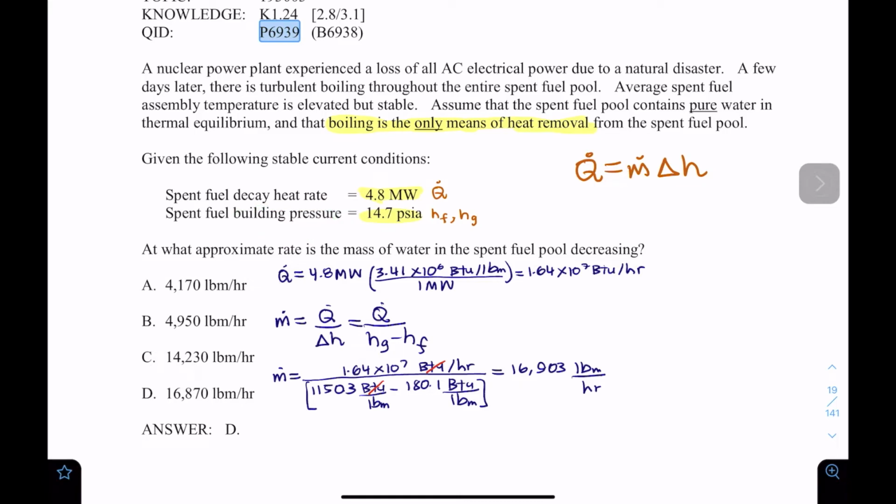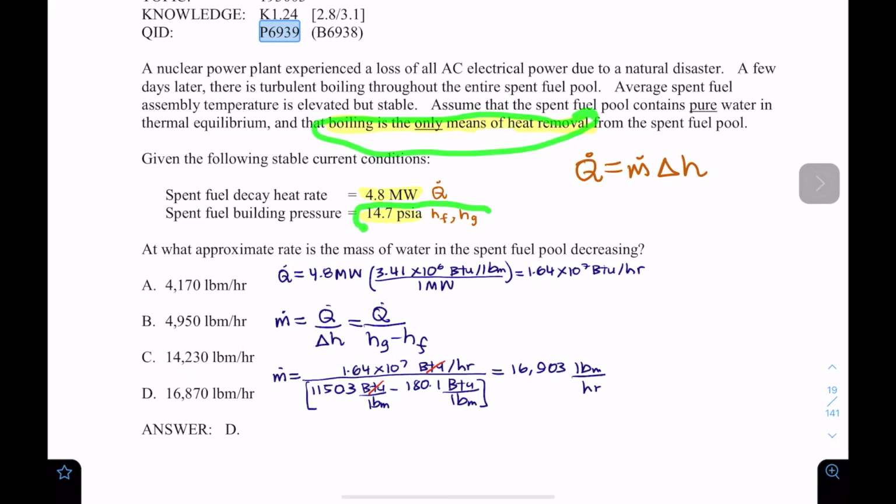That's all I get. If that's all I get, how am I going to calculate Q, M, CP, delta T? I only have the pressure. No fear, since I only have the pressure and boiling is the only method of heat removal, the only thing